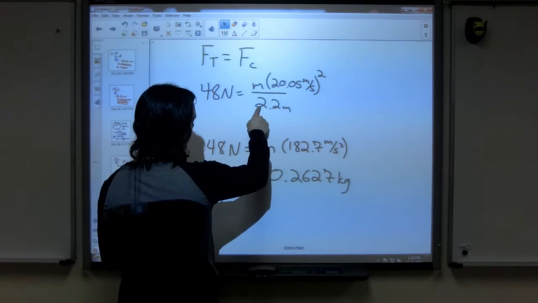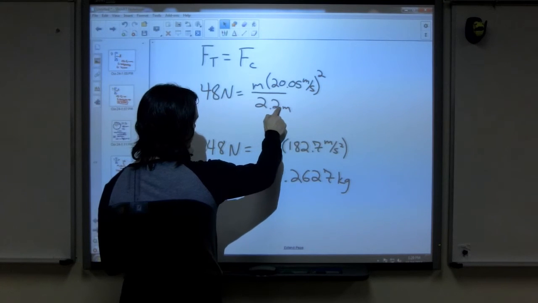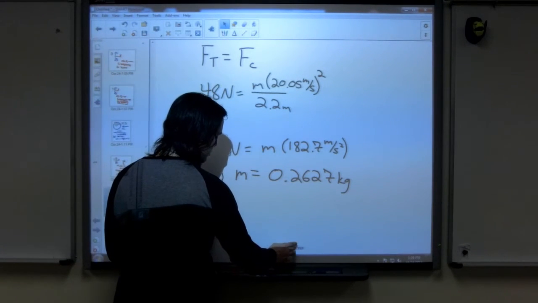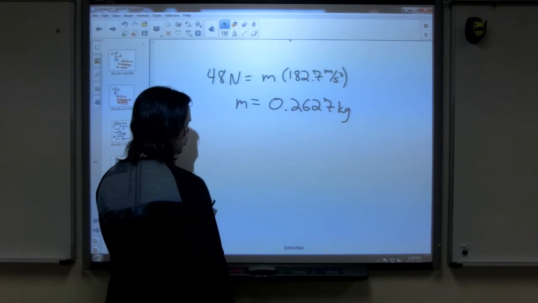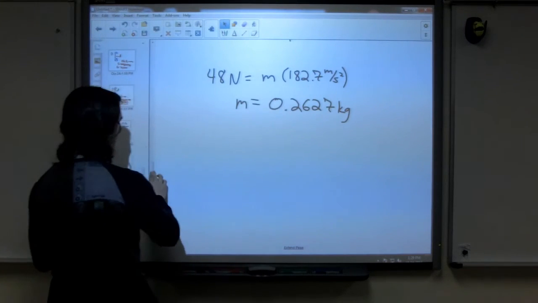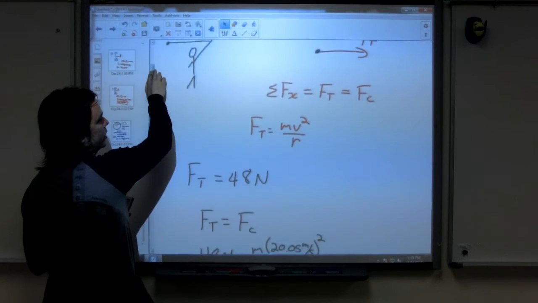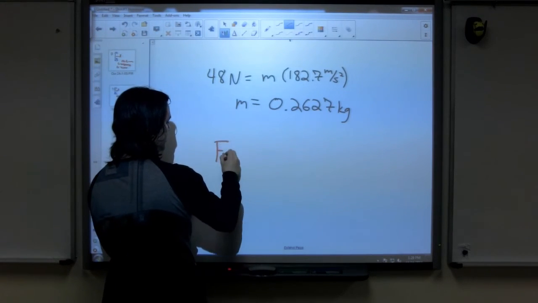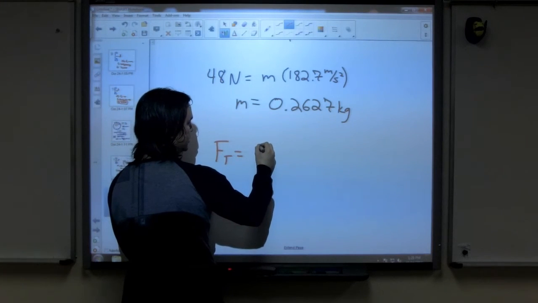It's entirely possible that the better way of looking at this would be 2.200, but again, in class, 3 significant figures is perfectly fine. I'm going to keep 1 extra just as a safety. Now we've found the mass from the first one, and we can plug that back in with the other information at the end. So we know the force of tension when it breaks needs to be my mass,